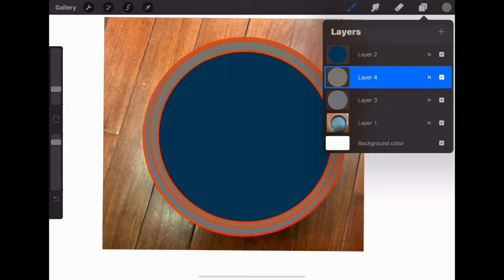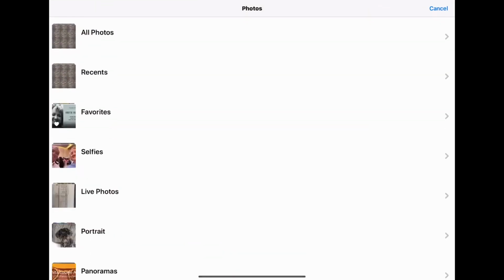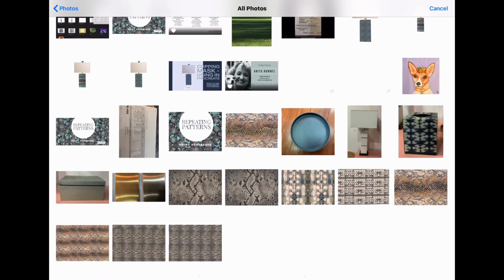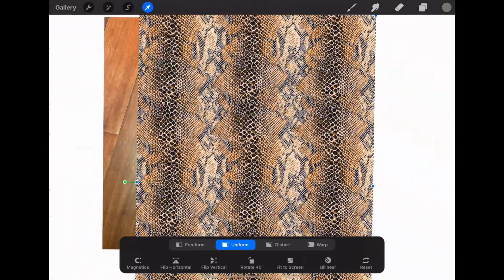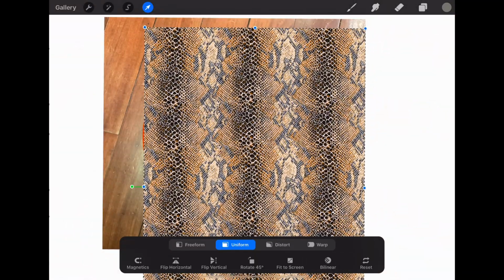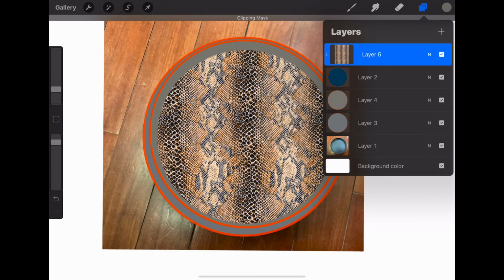Now that I've been able to adjust all these as I need them, and done all the layers I need to do, now I need to import the photo. I'll import the photo that I have here, and then I'll just put it over it as I need it to be. I can move it around. You see, I could flip the photo quite easily by using my fingers,